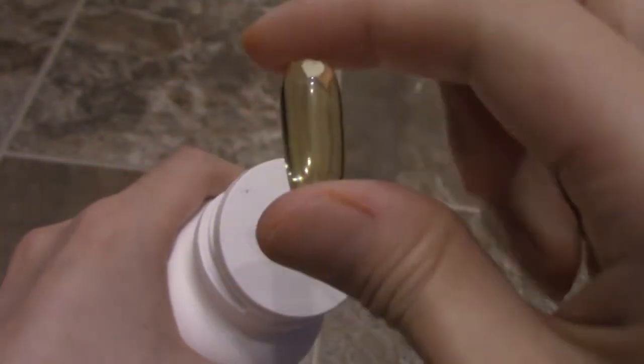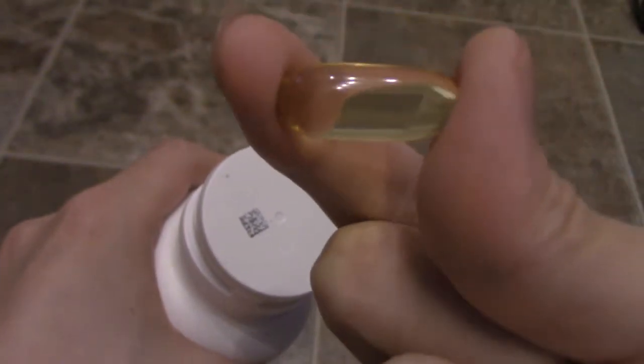So let's open this up. I'm wondering if these are like huge pills, so let's double check. So this is the size of the pill, so they're pretty large. Probably slightly bigger than what you regularly find,